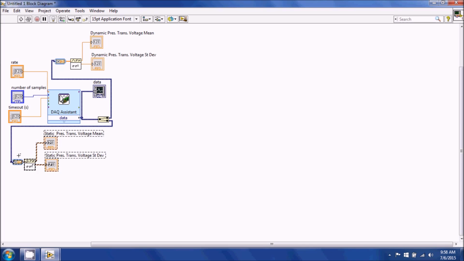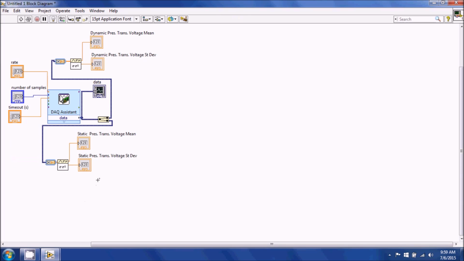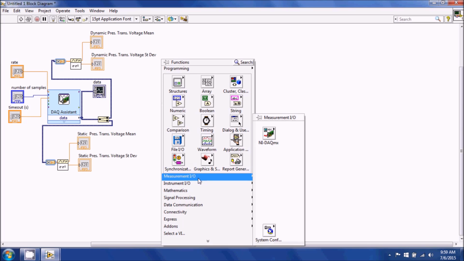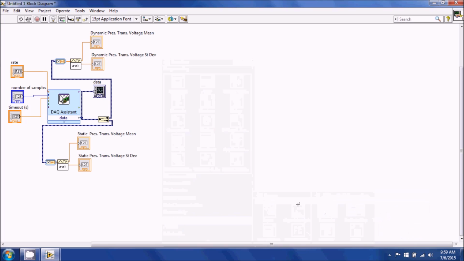So what we're going to do now is we need to calculate the pressure transducer based on your calibration curve. So now what we need to do is we need to insert a formula block, and the formula block is to convert the voltage to a pressure. So we're going to insert two formula blocks. Arithmetic and comparison formula block,